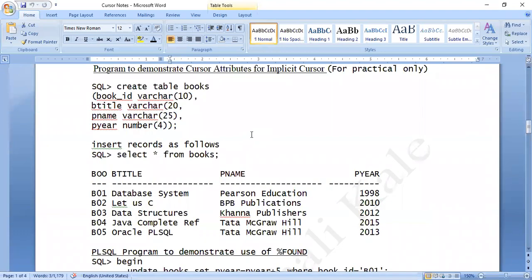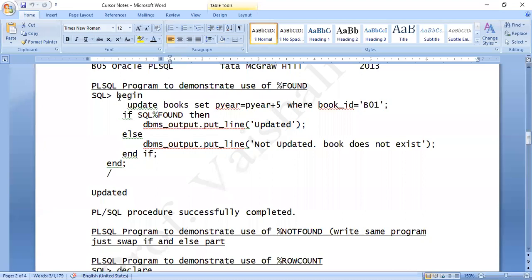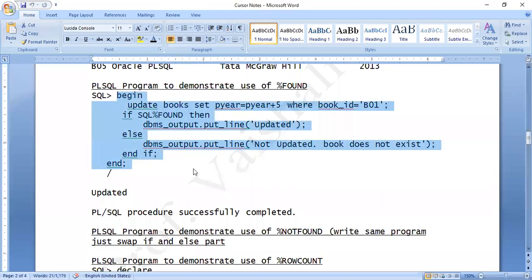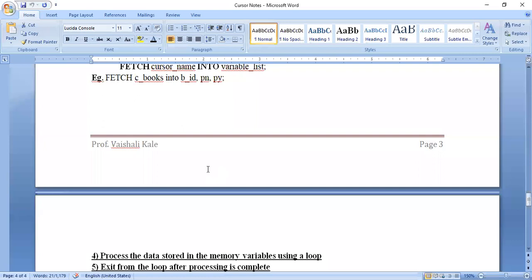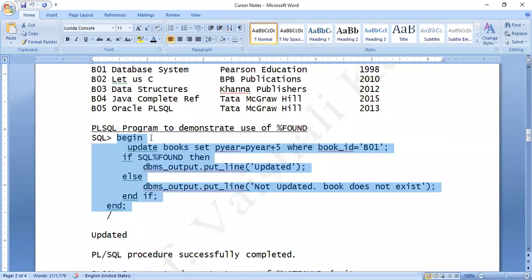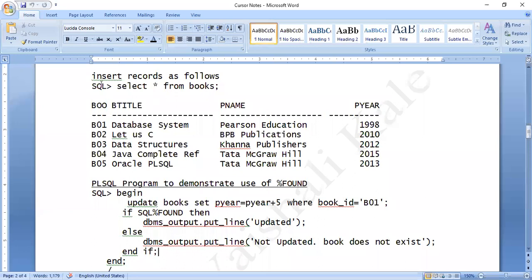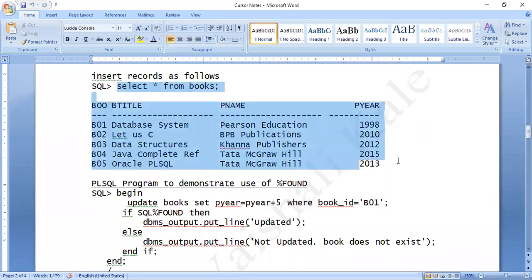So what we have done is one program. I will try to copy it here. Now this program, I will just explain. Anyways, I also have a books table here. For you, I have created a books table so that I don't waste time. To demonstrate cursors, I have created a table called books. Now let me go back, I'll share my SQL screen and show you.